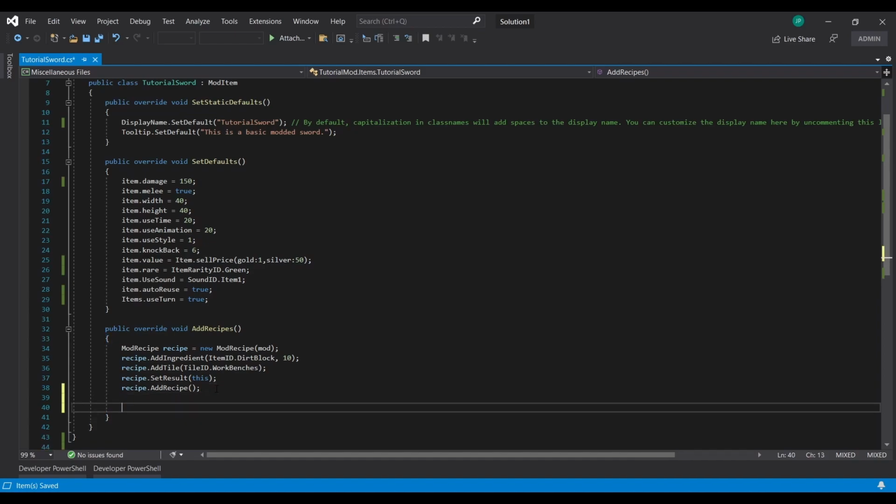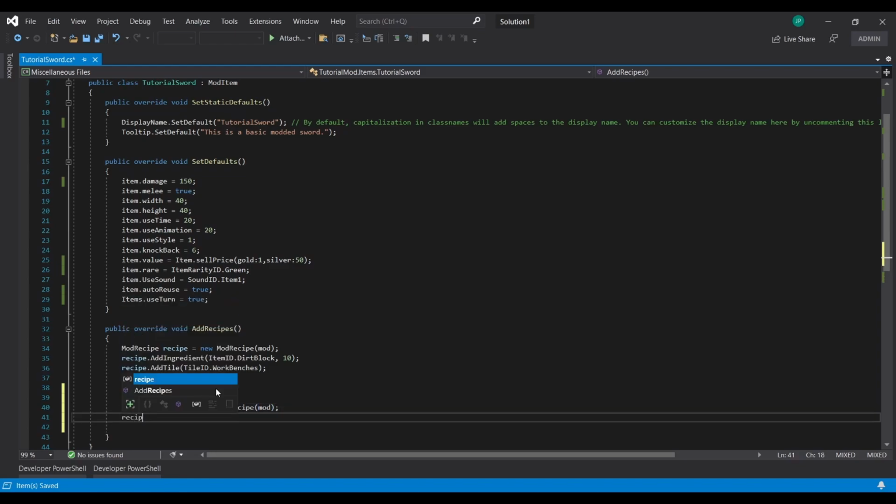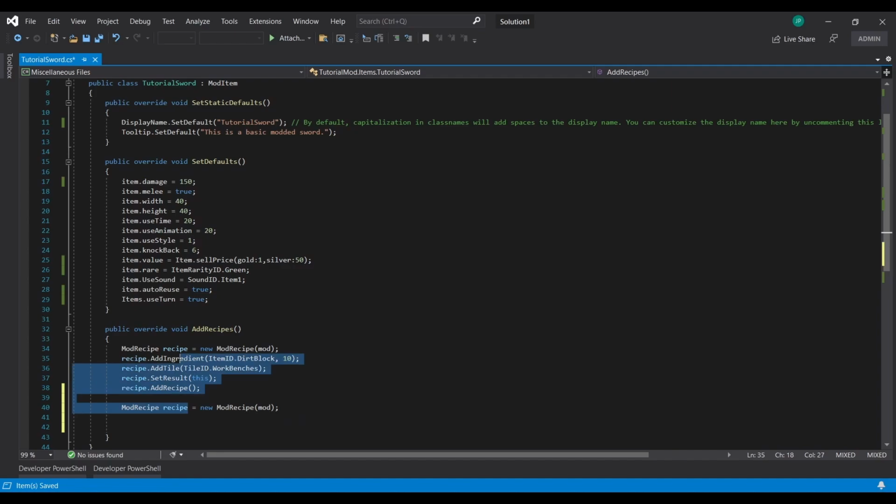I'm actually going to make a second recipe, because some items have multiple recipes in the game, so I'm going to show you how you can do that. That should just be mod. Alright, and I can't have this as the same, or else it'll just create the same recipe, so I have to change this to recipe 2, and I have to reuse recipe 2 and add an ingredient, and you can use ItemID dot like stone